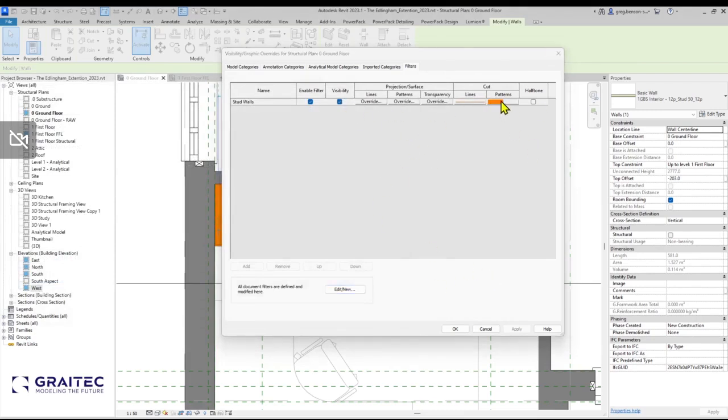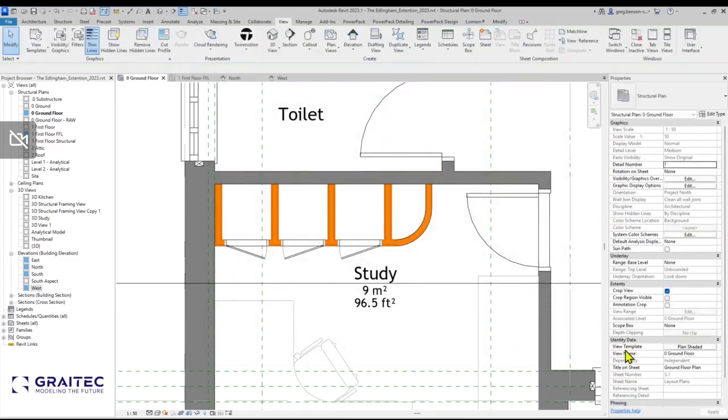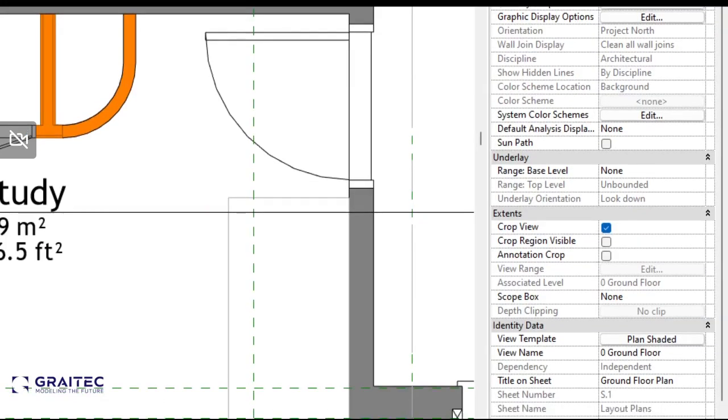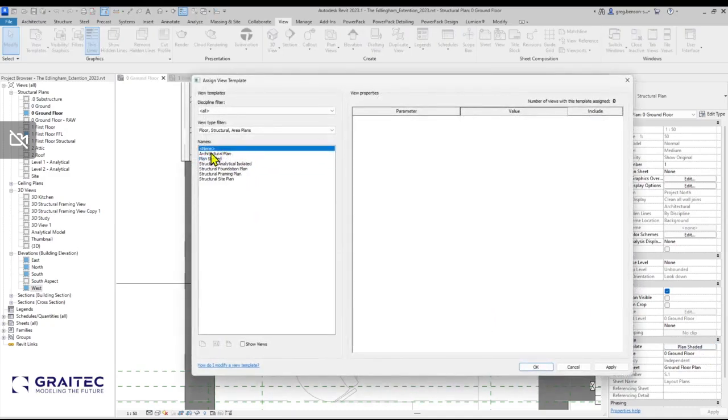Now you may notice if I click on this, it's not letting me make any changes. So why is it not letting me make the changes that I've indicated that you can do? It's because I've got a view filter applied to this. And once you have a view filter applied to a particular view, everything is locked up. So if I just cancel out of here for a moment, click off to deselect, down in the properties palette over here again where it says plan shaded, if I set this back to none, so one of the view templates is actually called none,